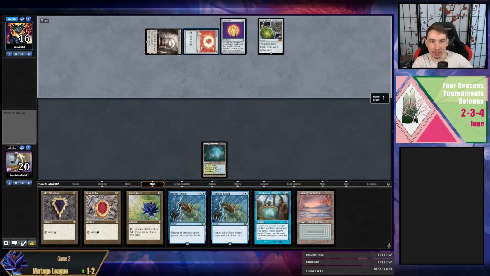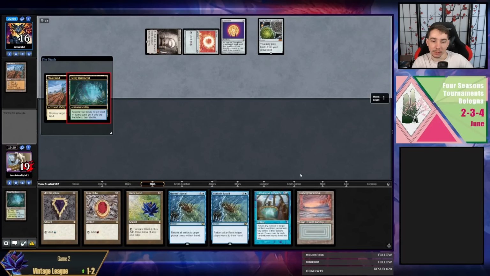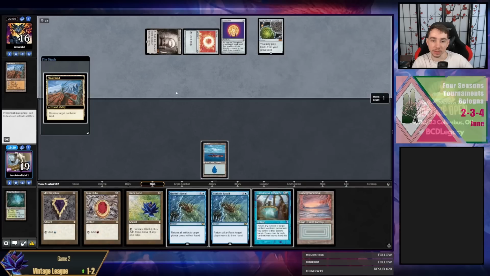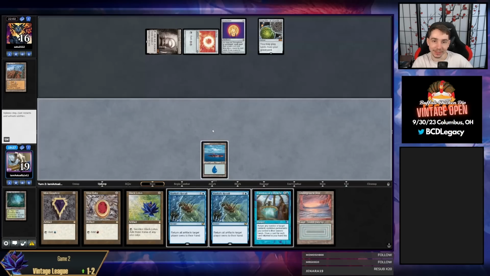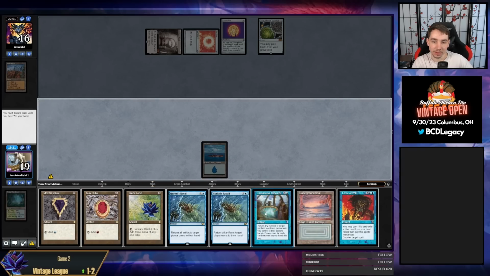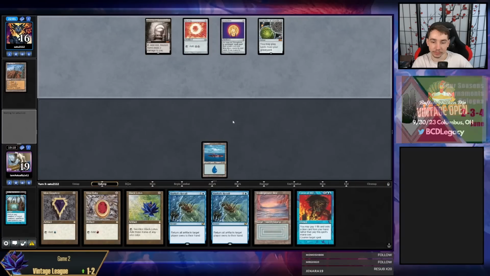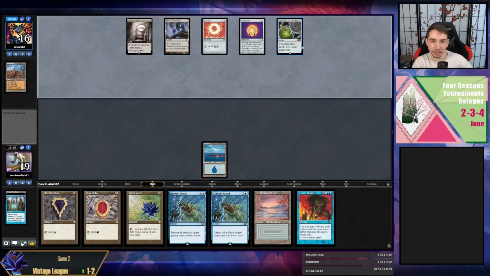I mean, I can't do anything about anything you do here. Wasteland lock. Yeah, I mean, I have basics. I just don't have more basics. So I probably am not getting out of this. I guess I just hold the C for my third land. Ready for the Ghost Quarter? The Strip Mine? What's coming? No, just Workshop. I mean, I can't beat a spell, so...